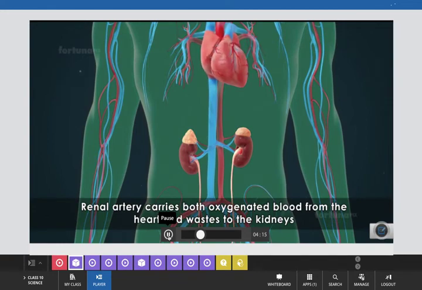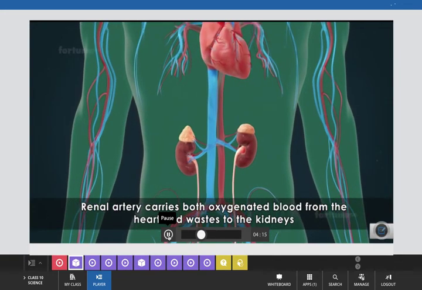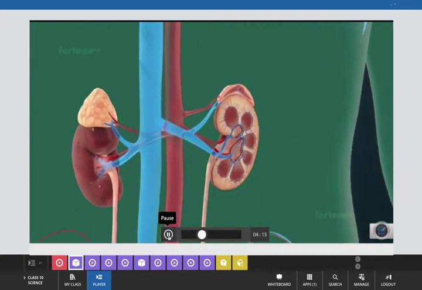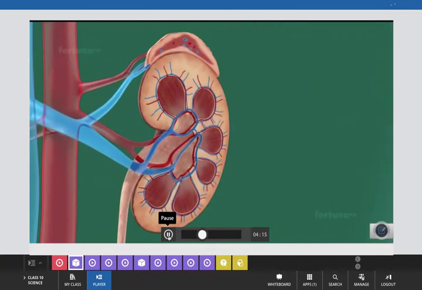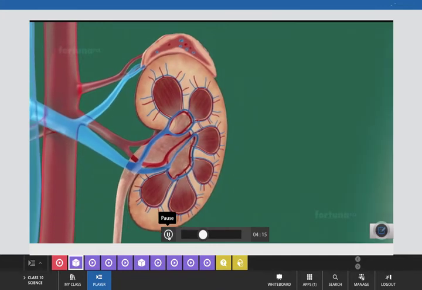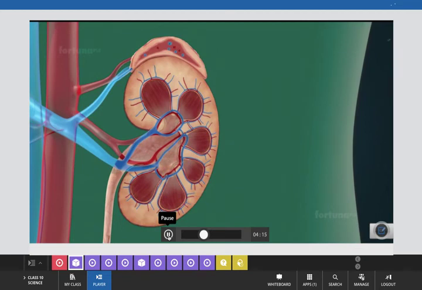The renal artery carries both oxygenated blood from the heart and wastes to the kidneys, entering at the hilus. Once the blood has been filtered, it is returned to circulation through the renal vein. The kidney itself is comprised of an outer cortex and an inner medulla. The medulla is darker in color than the cortex and contains conical structures known as the renal pyramids. The cortex is a lighter colored tissue and includes extensions known as the columns of Bertin, which are found between